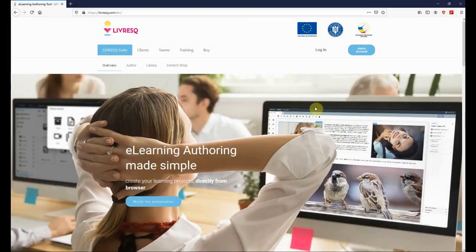Hi, I am Gabriel, and I invite you in the next few minutes to discover together LIVRESQ, an integrated platform for the realization, publication, editing, consulting, and online management of books, interactive digital materials, and resources, which you can access